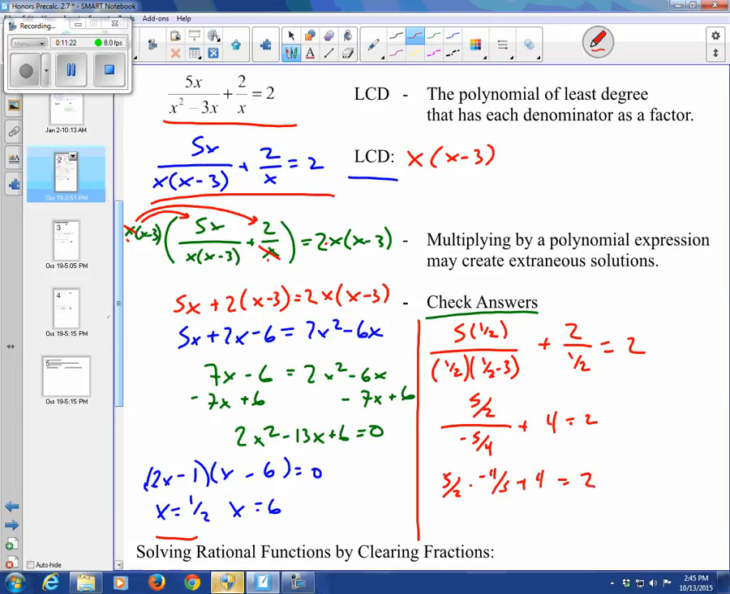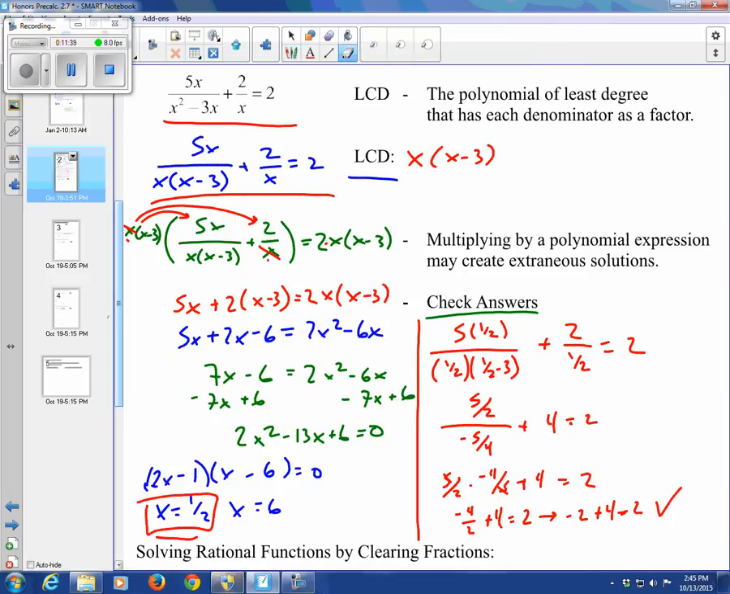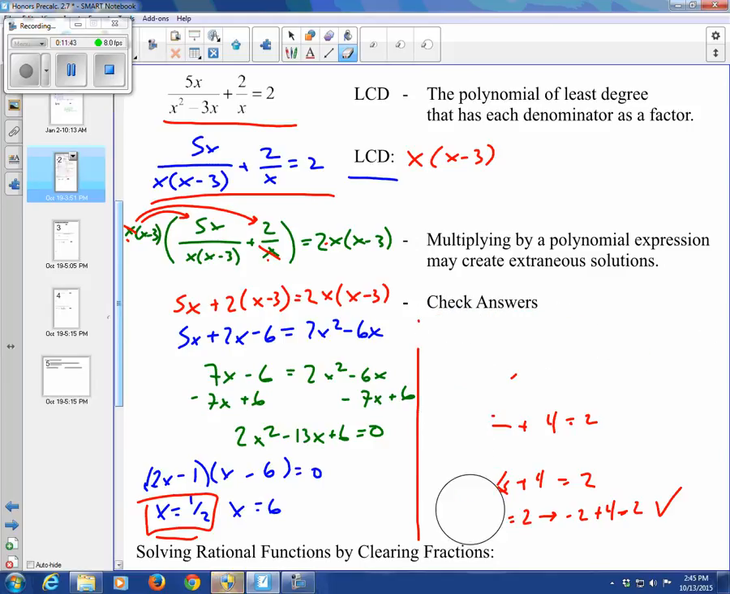And these guys, the 5s are going to cancel when we multiply those two fractions, and we are going to get negative 4 over 2 plus 4 equals 2, which is going to give us negative 2 plus 4 equals 2. And that's true, so we know that x equals 1/2 is going to be an actual solution for us. Now right here we can do the same thing with our